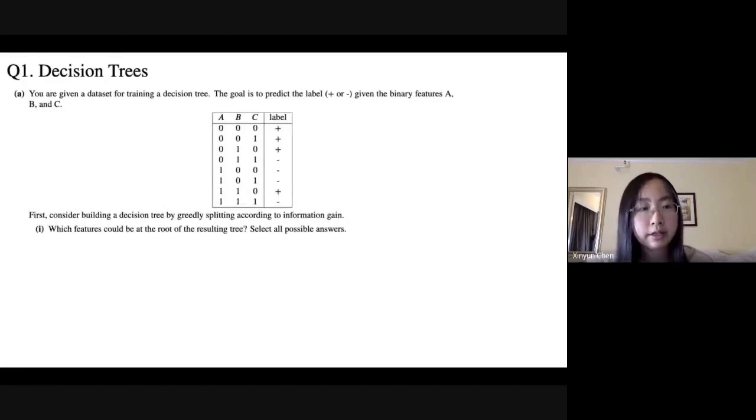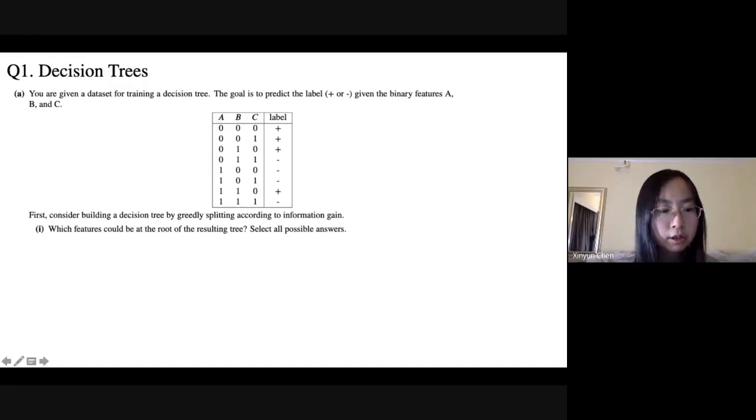So let's get started. For this week, we will have two questions about machine learning algorithms. The first question is about decision trees, and the second question is about perceptrons. So let's get started. For the first question, it asks us to build a decision tree given this data set